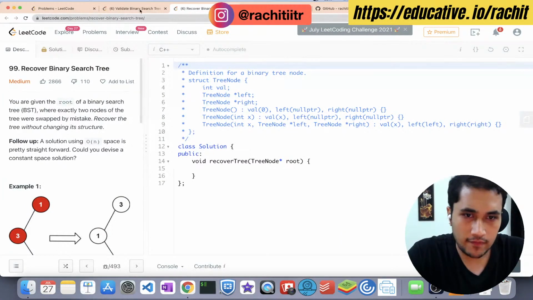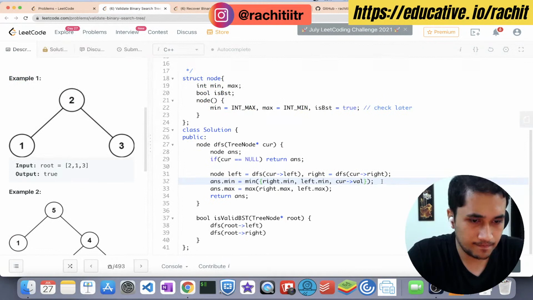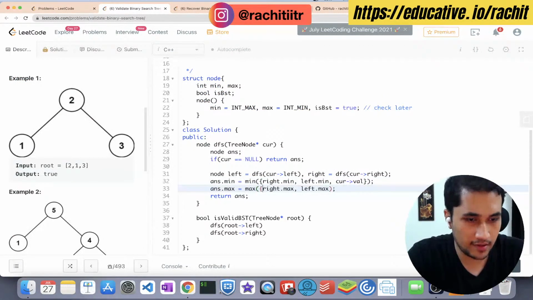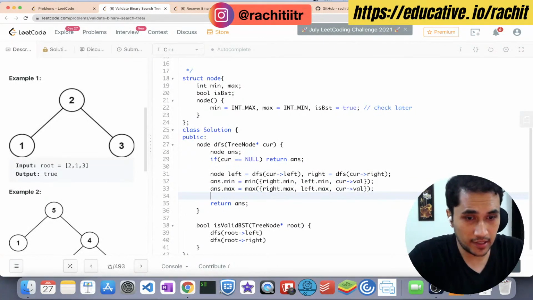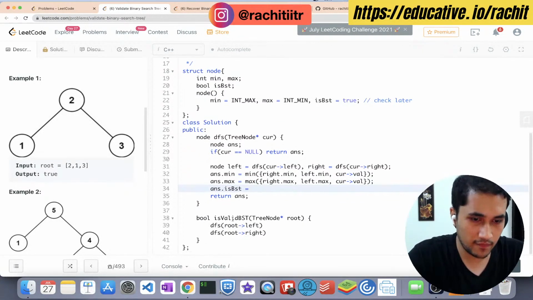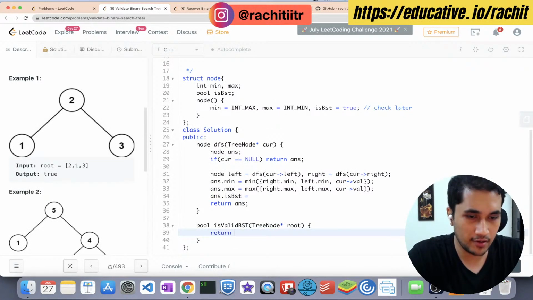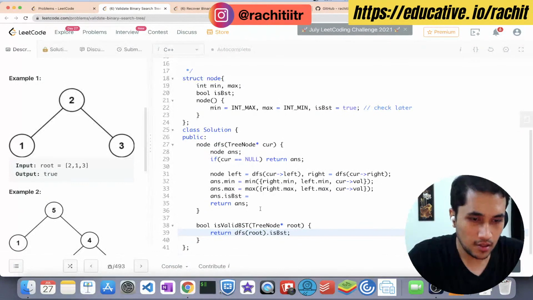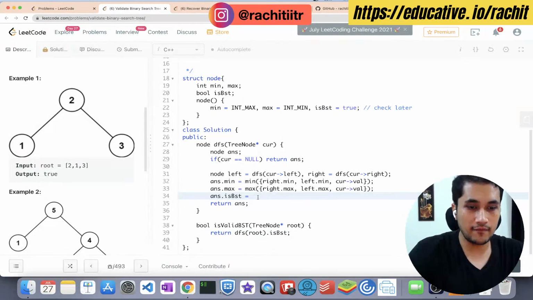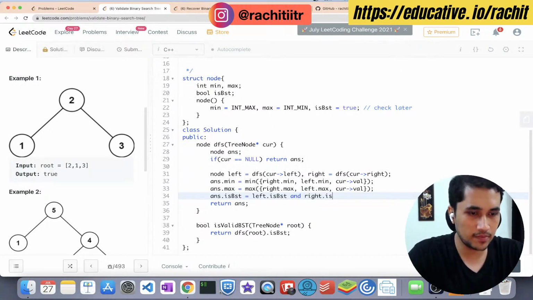All right. Similarly, over here, right.max, left.max, and then _val, right? And what about isBST? Well, it will be a BST if I think we don't need this now. We can do something like return DFS root.isBST. So now over here, if left.isBST and right.isBST